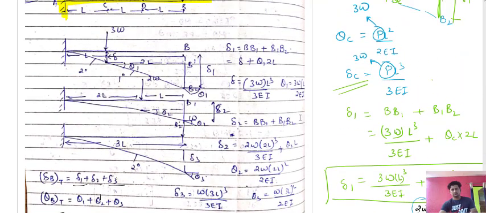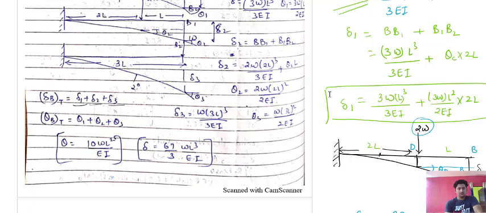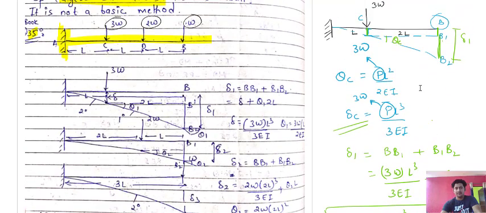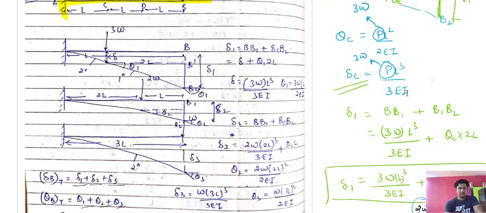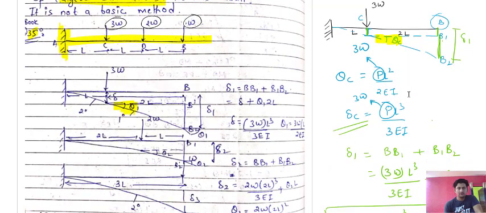After this numerical, some of you must have a doubt about the slope value: why are we taking theta 1 plus theta 2 plus theta 3, because we have not calculated the value of theta 1 here. So I will explain that with this diagram, that for the standard case for which we have taken the value of theta c here, for calculating the slope at point B, the angle will be the same, because